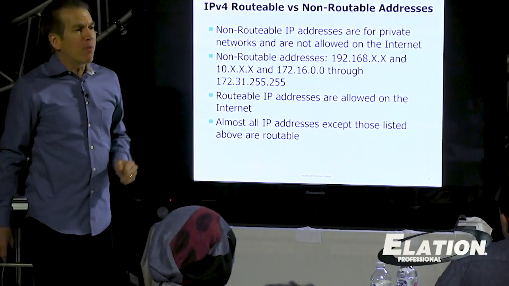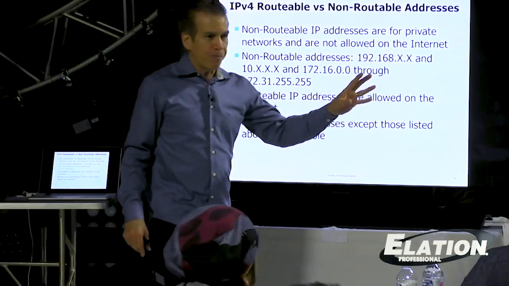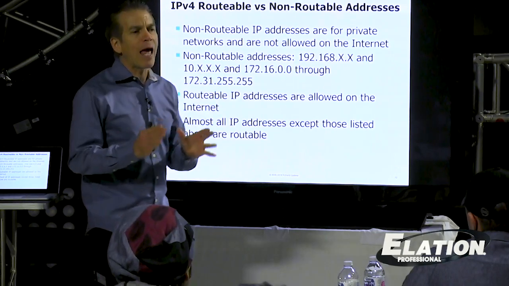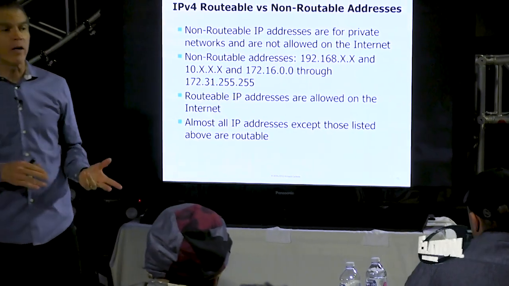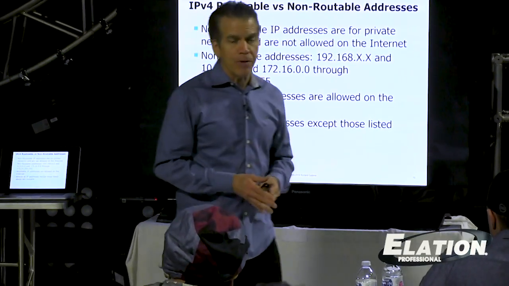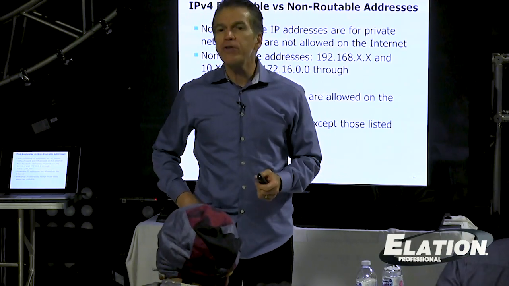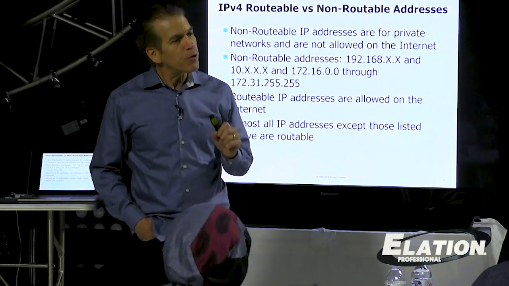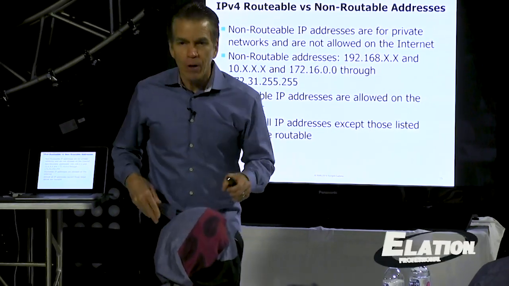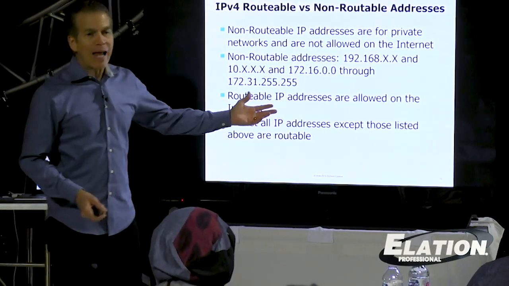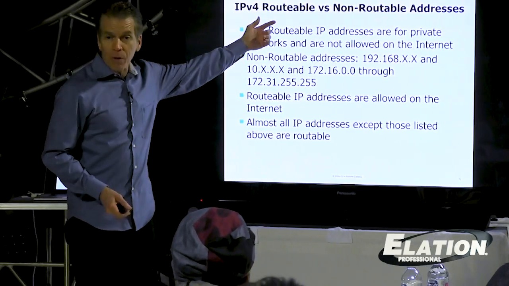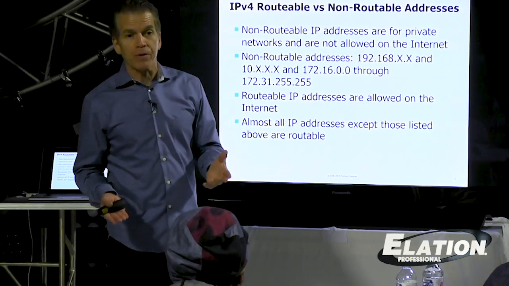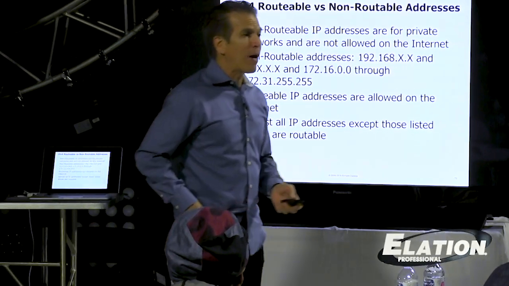Now, Zach brought up the point that some fixtures are like this. And so here's what happened. If you go back and look at the history of ArtNet, when ArtNet first came out, they wanted you to use an IP address that starts with 2. They wanted you to use a 2 dot address. Well, if you notice, a 2 dot address is actually a routable IP address, even though we're using it on private networks. And I asked Wayne Howell about that once,